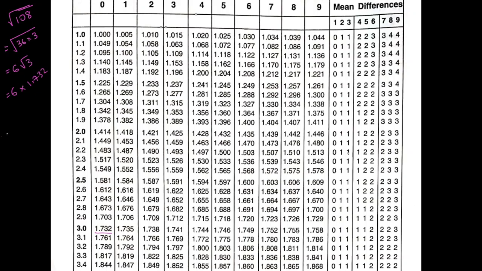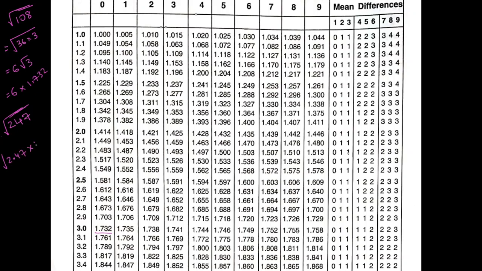Suppose I get something like square root of, let's see, 247. Right now, it's not easy to factorize. I'm not sure, maybe it may even be a prime number. But if you have something like this, a 3-digit number which is large and cannot be easily factorized, what you can do is you can consider this number to be